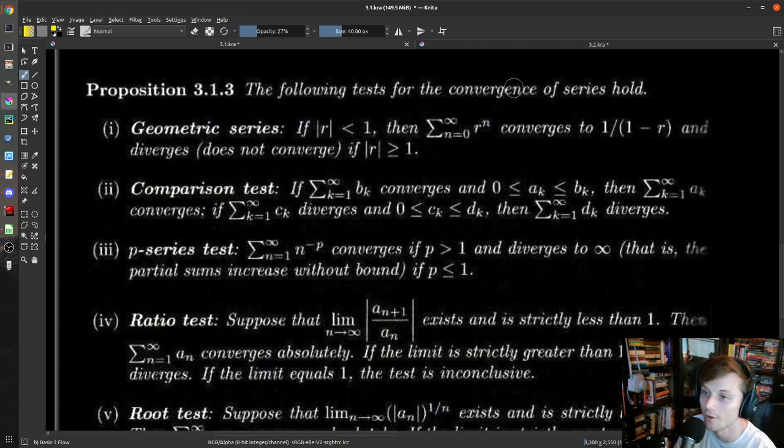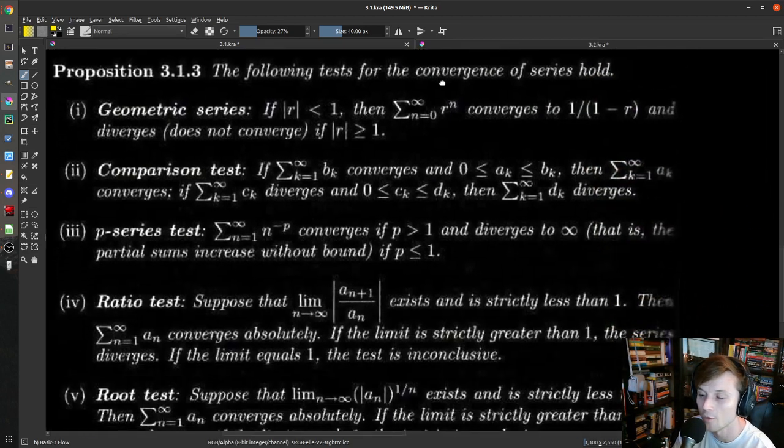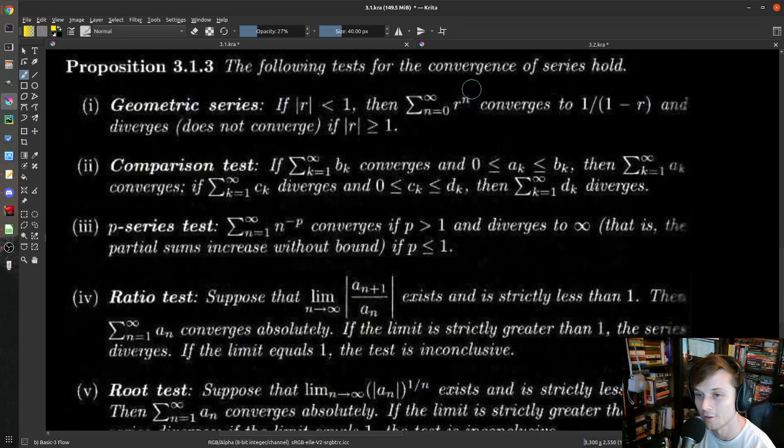My apologies. If anyone remembers their series stuff very well, feel free to just fully tune out this piece right here, since we'll just cover things you've already heard. But if you don't, we'll do a very brief refresher. So proposition 3.13 tells us the following, a bunch of things from calculus 2.